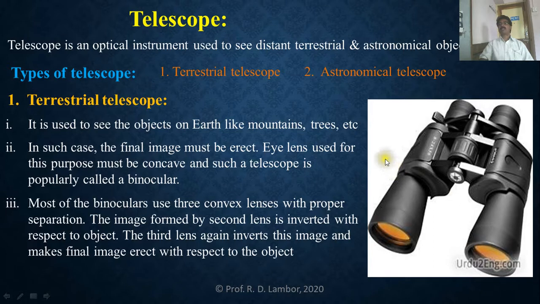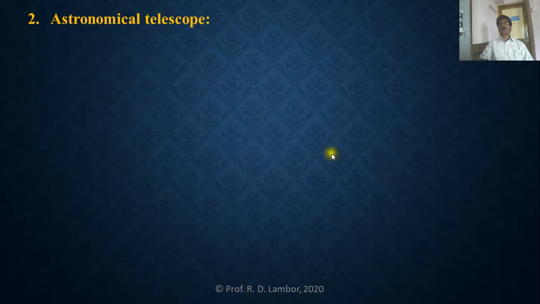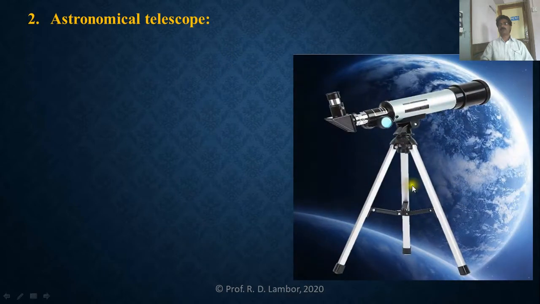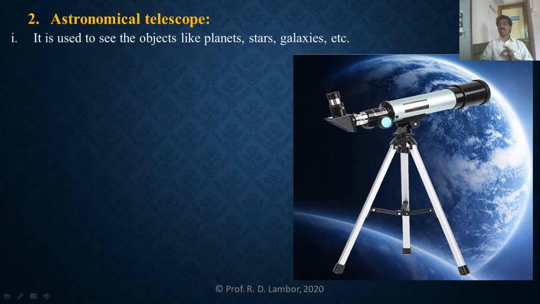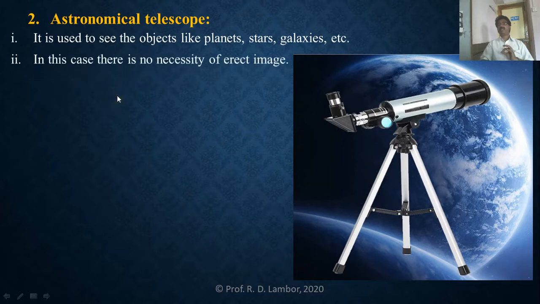So let us discuss the astronomical telescope. An astronomical telescope can look like this. This is the photograph of an astronomical telescope. Such telescopes are used to see distant astronomical objects or cosmic objects like stars, planets, galaxies. And those objects are somewhat spherical in shape. That's why in this case where astronomical telescopes are used, there is no necessity for an erect